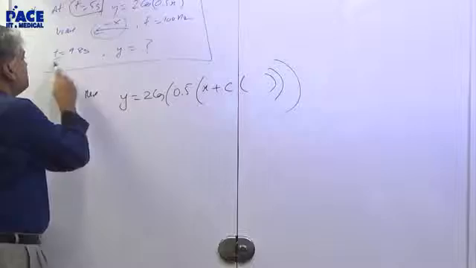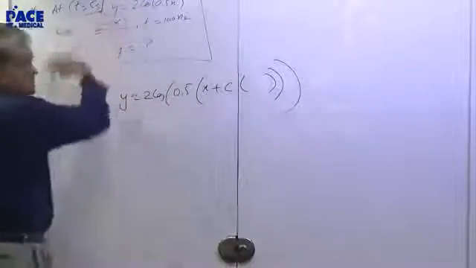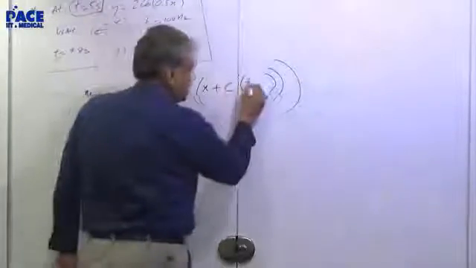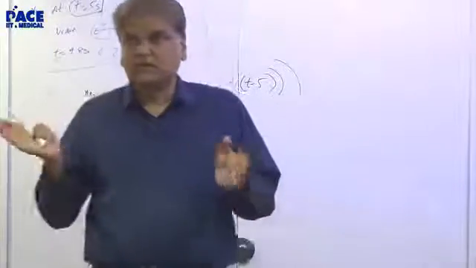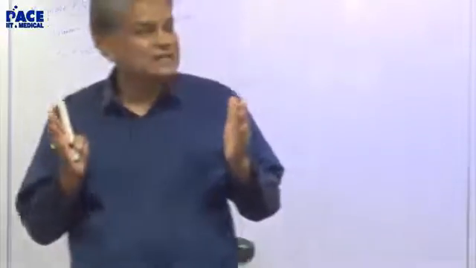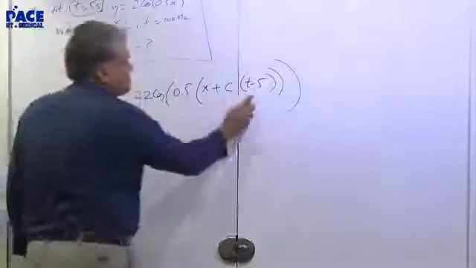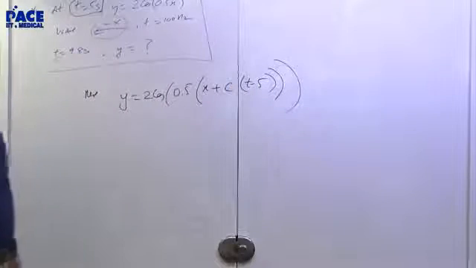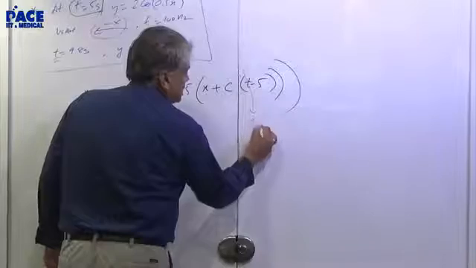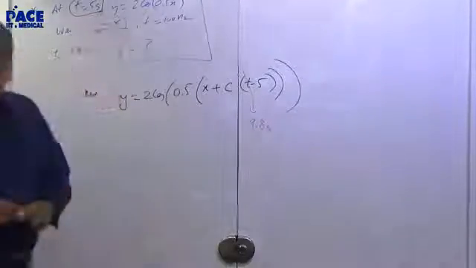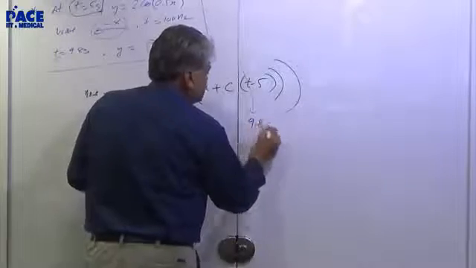And subsequently if the time is t, how much time elapses? Just say t minus 5. Yeah, the time which elapses will be t minus 5. That's what you do now. The time right now minus initial time is the time elapsed. What we are calling as t is actually delta t. So delta t here is this minus this. So this will be the general equation of the wave at any time t. And what do you want? You want it at t equal to 9.8 seconds.